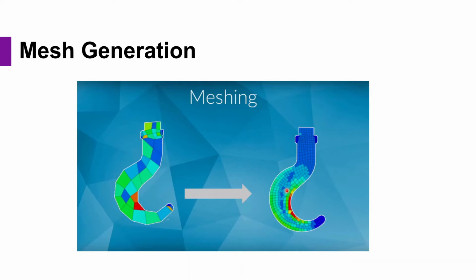Also, there are lots of scientists working on the models which we call mesh independent models. So for instance, you would be able to increase the number of mesh in this hook and then get the result. Let's say 1,000, I'll get the result. I'll go to 5,000, get the result. 10,000, get the result. 100,000, get the result, and so on. And I will keep increasing the amount of the mesh, applying proper local meshing, up to the time that from now on, if I increase the quality of mesh, if I increase the number of the mesh elements, if I go to a much more refined mesh, my result wouldn't change,